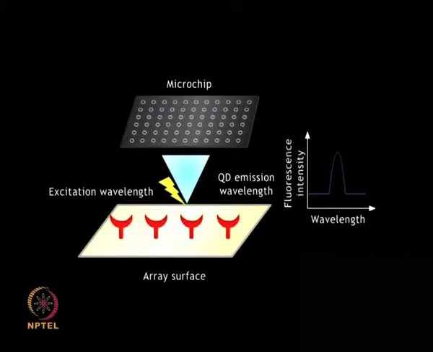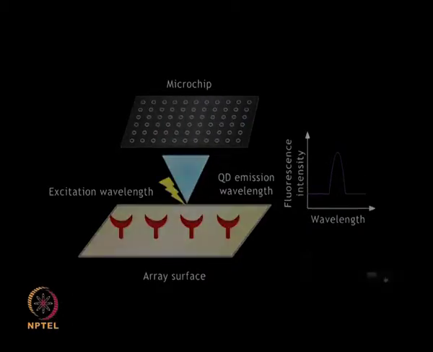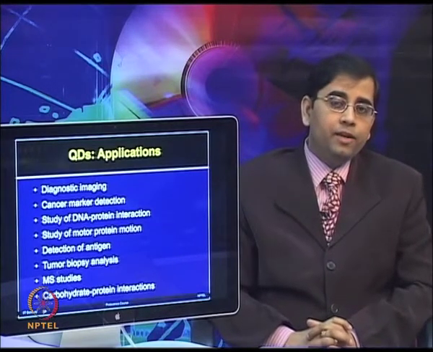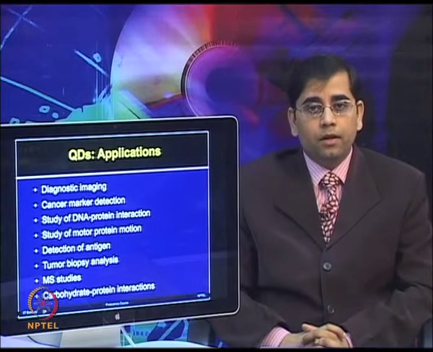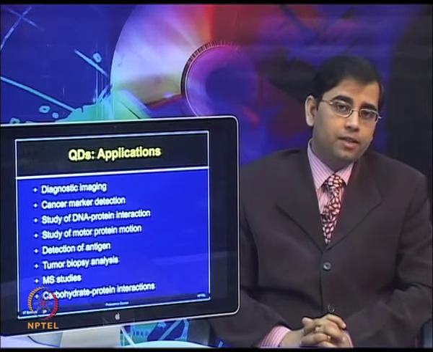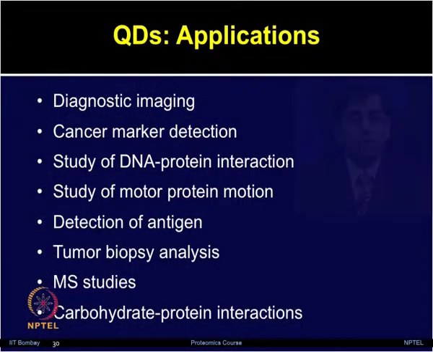As you can see on the right hand side, the wavelength versus fluorescence intensity is plotted, and change in the fluorescence intensity is observed when the molecule is binding on the antibody surface, which is labeled with the quantum dots. So, as you have seen, the principles are very easy for the quantum dots, and the same basic principle is applied for a variety of applications such as diagnostic imaging,